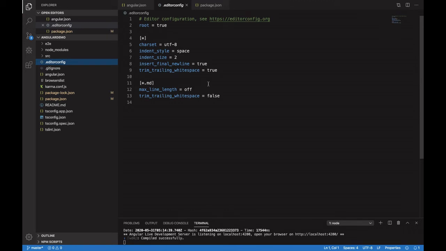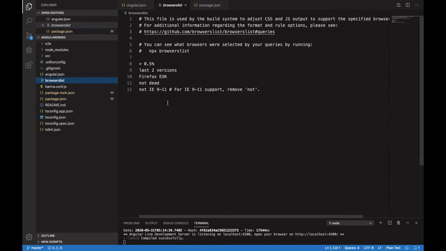For example, indentation and white-space related rules. You can share this particular file across your team so that they follow a particular coding standard. So the .editorconfig file is related to your coding guidelines, and if you want to know much more about it, you can directly go to this website and check over there. And apart from that, the next file is browserslist.